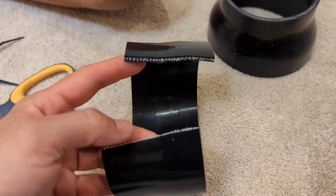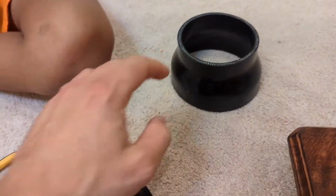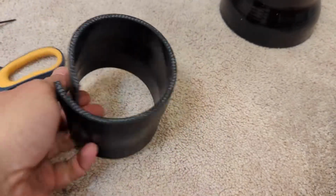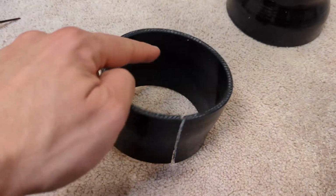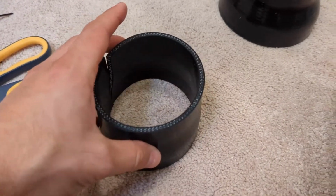Alright, I went ahead and cut one of these silicone couplers. I think this one's going to have too much of a bulge in it. I'll get a different one to use for the top. So I cut a slit in there for size's sake, so you know what I'm using. This is a 4-inch silicone coupler. It's made for a 4-inch pipe on this side, and I think 3 3/4 on this side. We're going to wrap this around right here,